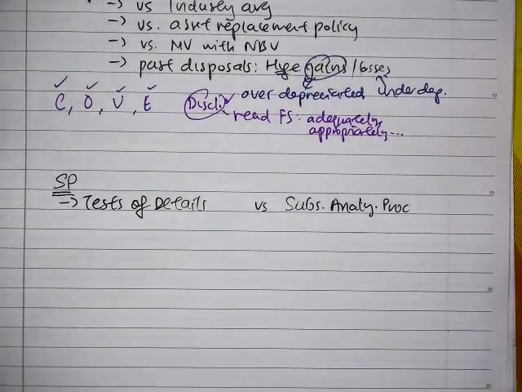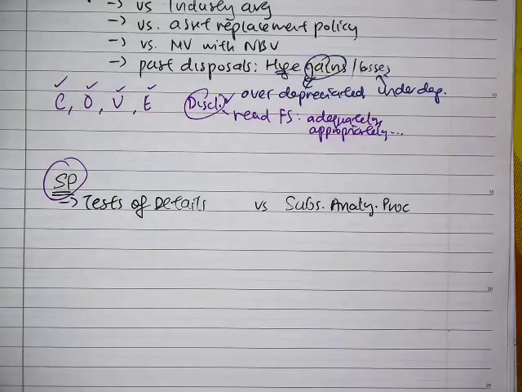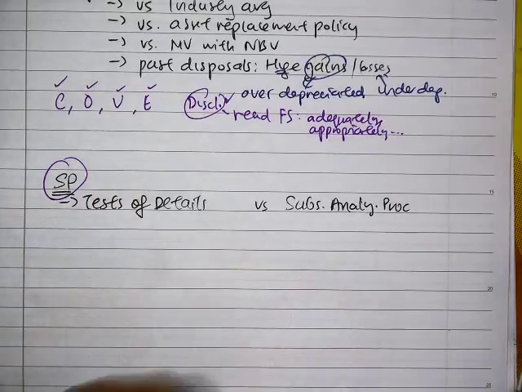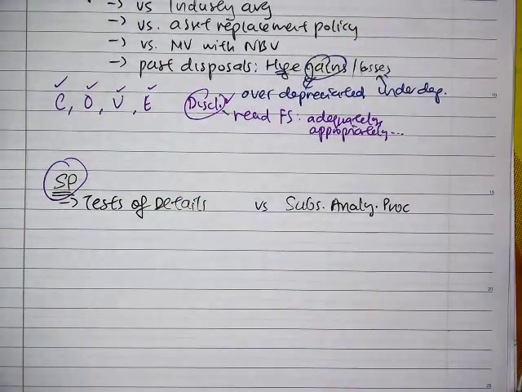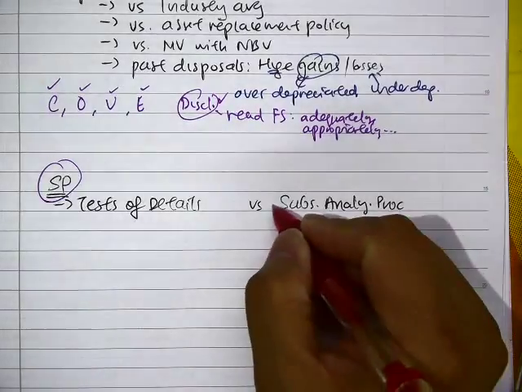Okay. Now, the idea is they are both about helping us to detect material misstatement. Okay. Now, in test of detail and substantive AP, now the main difference, so probably it's easier for you all to remember it this way. Now, if you are doing